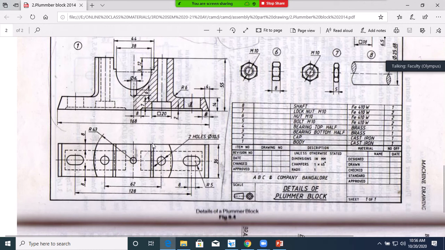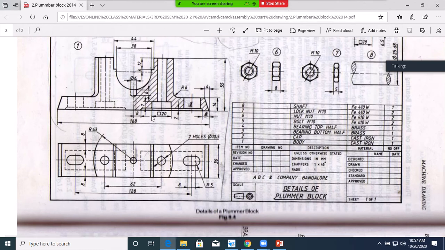Can anyone write the dimensions? Then when I am drawing, I need not go to this page again so many times. If you tell the dimensions, I can finish the drawing. I will start from this point. Because it is symmetric about the y axis, even if you draw the half drawing, you can do the mirroring to complete the remaining half. Is it okay?